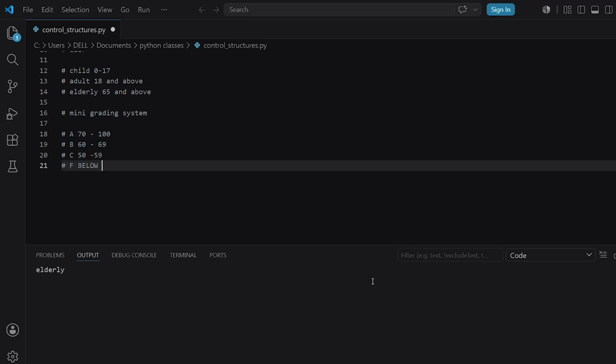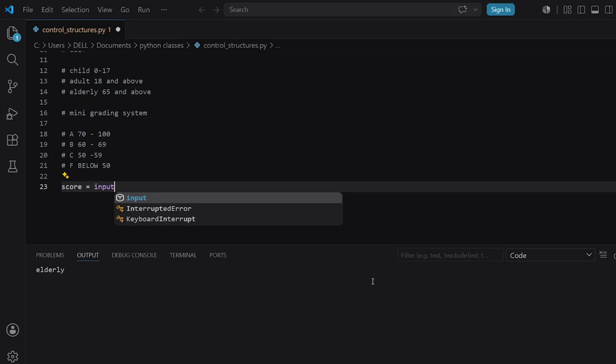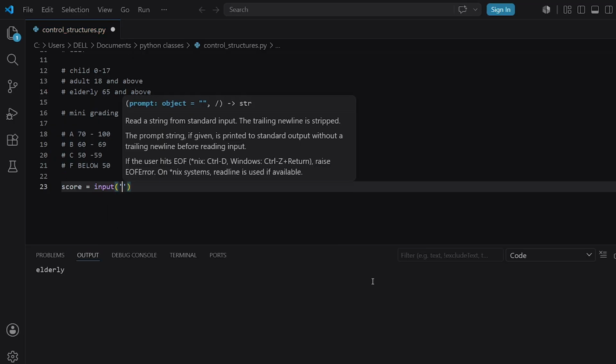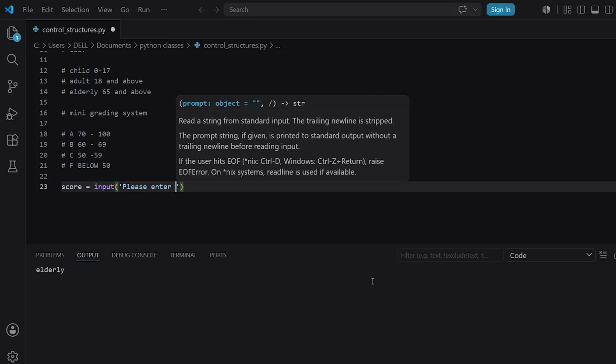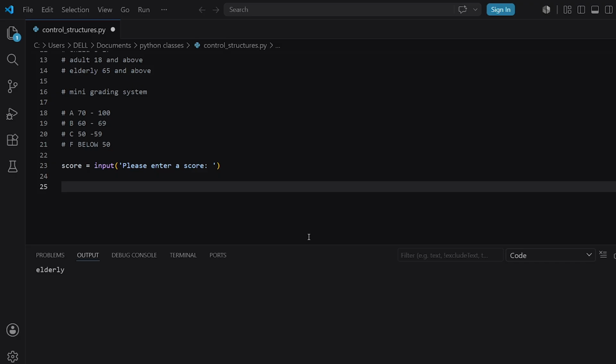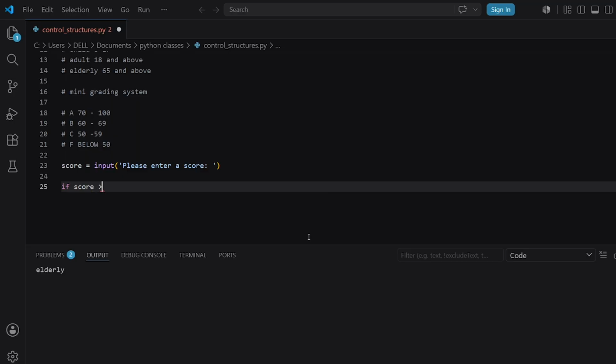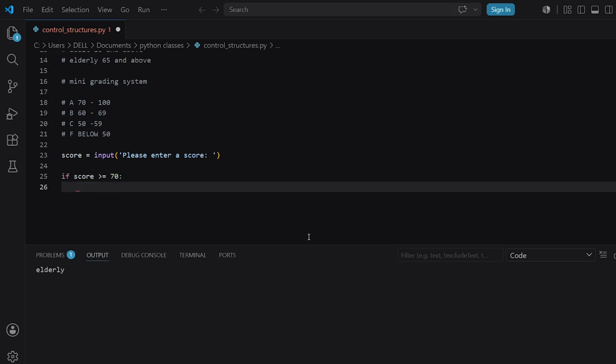That is below 50. Now we're going to have score is equal to, I'm going to be getting the input from the terminal. So I'm going to have input. Here I'm going to have please enter a score. Now I'm going to have an if statement. Here I can have if score is greater than or equal to 70, then print